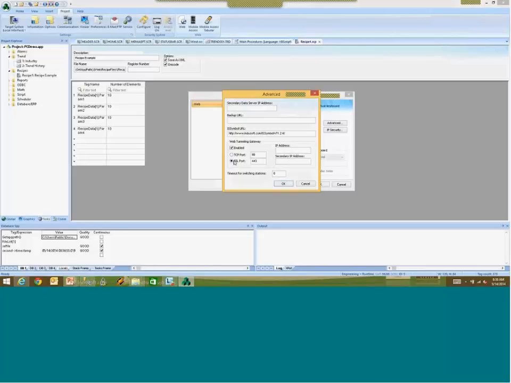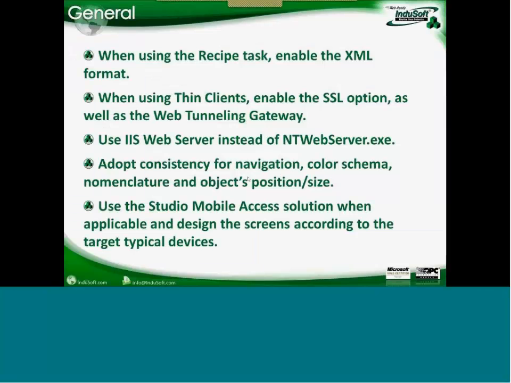And for security reasons, especially when the thin clients hit the server from an external network, it is an extremely important configuration to improve the security of the connection between the thin clients and the server. And by the way, even though InduSoft Web Studio installs a built-in web server called ntwebserver.exe, which is useful for training and for presentations in small tests, for real-world applications, we strongly recommend using IIS Web Server for 3